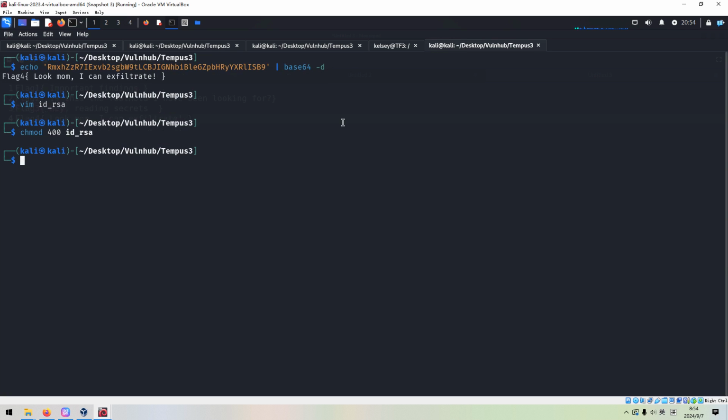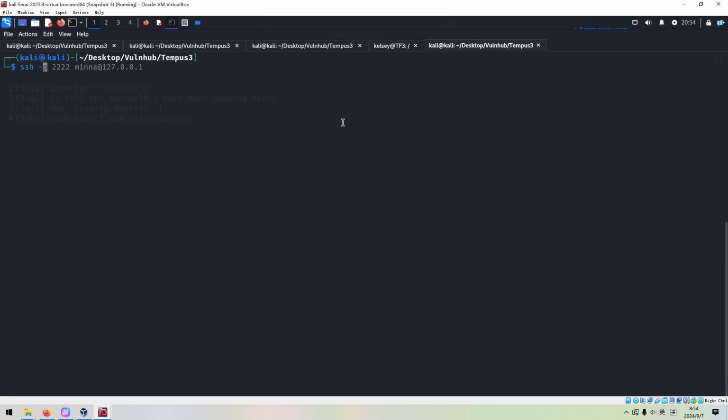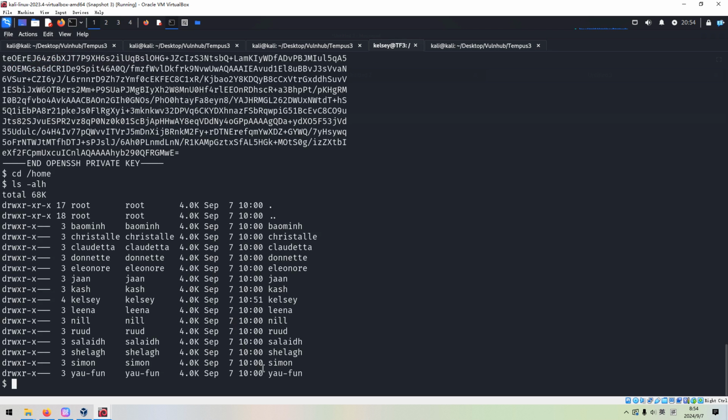Okay, so we can use SSH because we have already set up the tunnel, so we can access the SSH service on the target by accessing the local SSH service. But for now we don't know which user uses this private key. We can try.